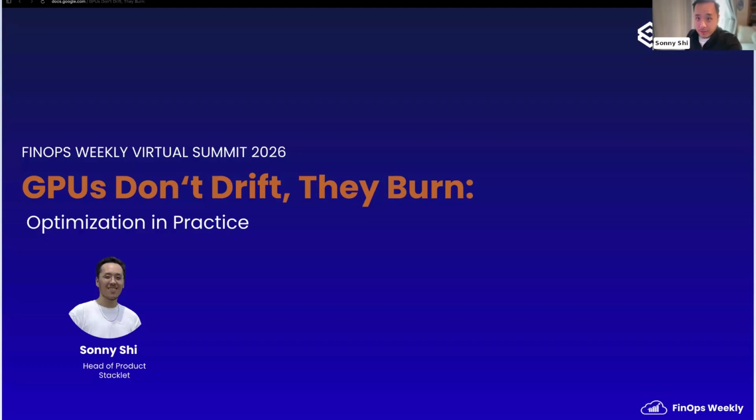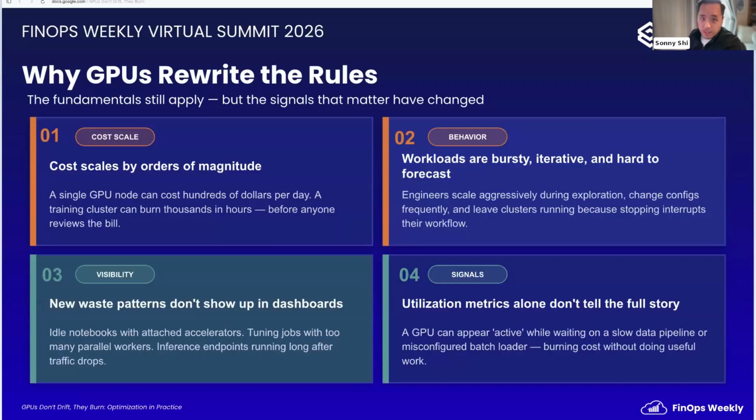So just to get started with the session today, we're going to be talking primarily about a different mode of thinking around managing GPUs, especially from a FinOps point of view with regards to AI. Some of the biggest reasons, and I think it's mostly obvious to everyone in the room, but still worth mentioning here,